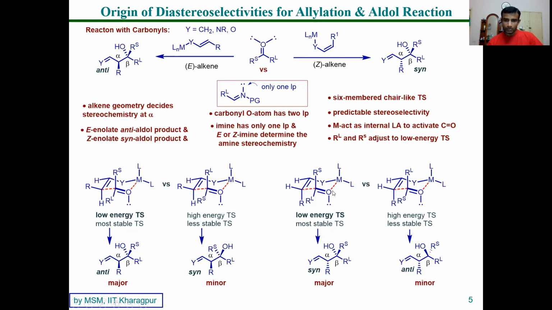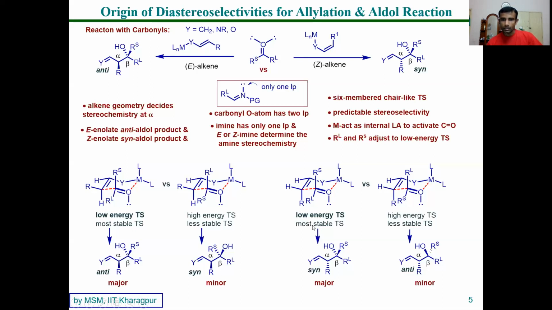In a similar fashion, you take the Z alkene, the right hand side, this side, and here again the similar type of transition state we have drawn. Only thing, R group here comes to the axial position because of this Z geometry. It has no choice, it's fixed. It's locked actually in this geometry. It cannot go to the equatorial here, which is equatorial here for this E alkene.